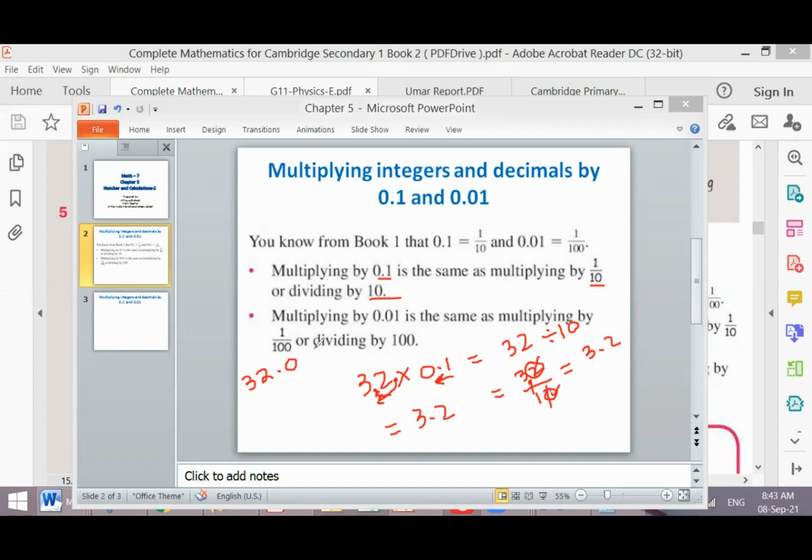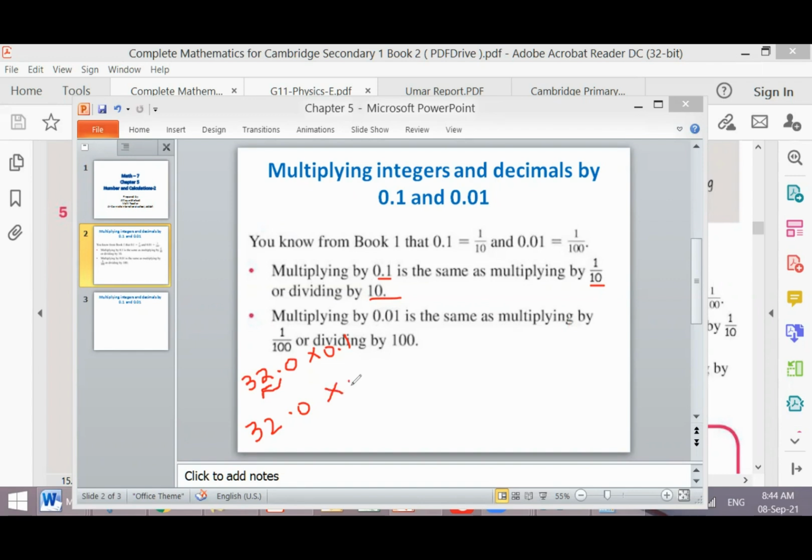So if you multiply it now with 0.1, I will have to shift this point one value to the left. Next, I will also explain this to you. If I multiply 32.0 by 0.01,